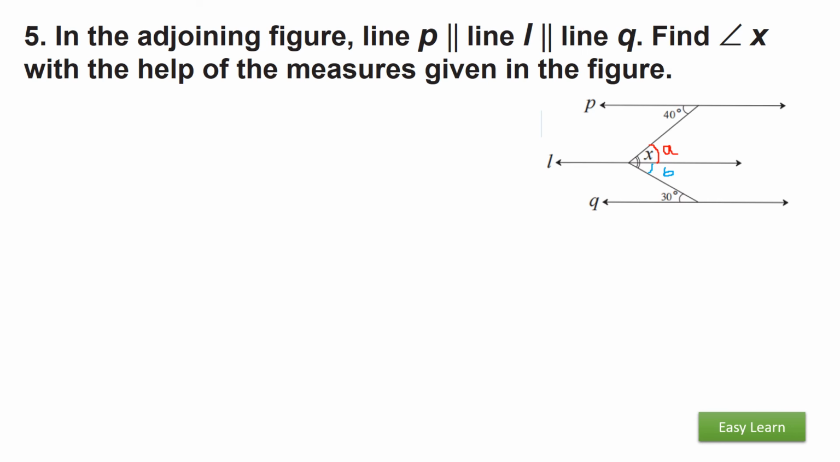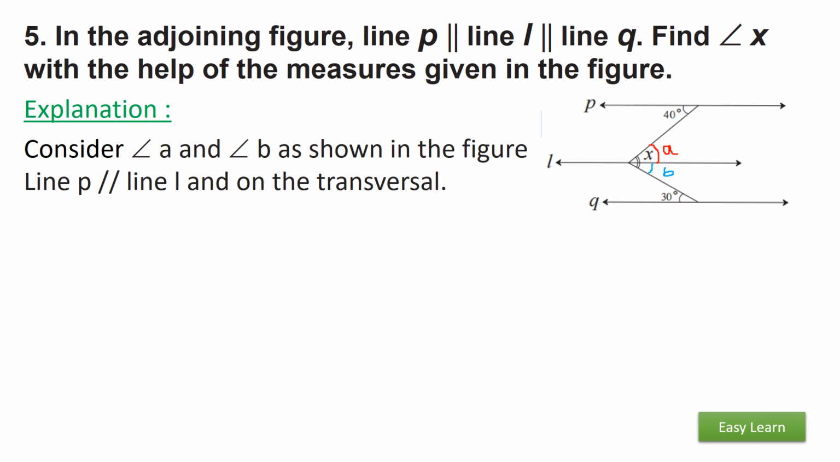Question number 5. In the adjoining figure, line P is parallel to line L is parallel to line Q. Therefore, find angle X with the help of the information given. Explanation. Consider angle A and angle B as shown in the figure. Line P is parallel to line L and on the transversal, measure of angle A is equal to 40 degrees,